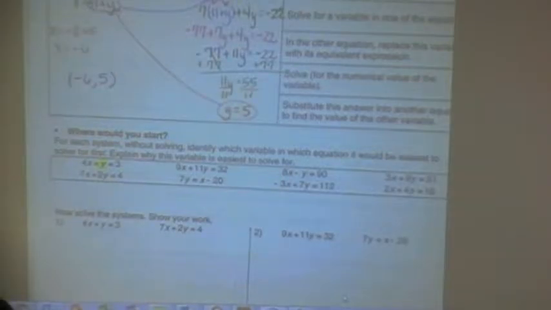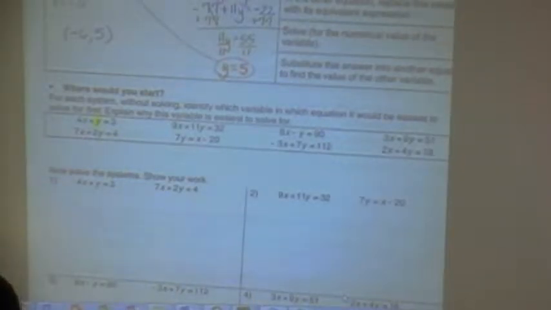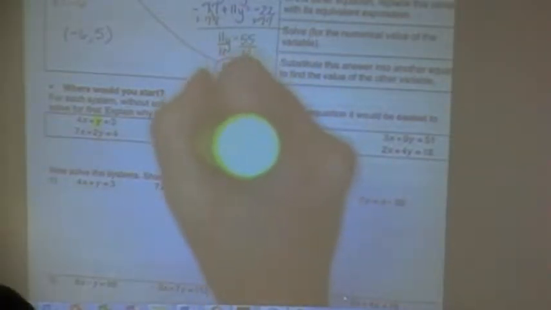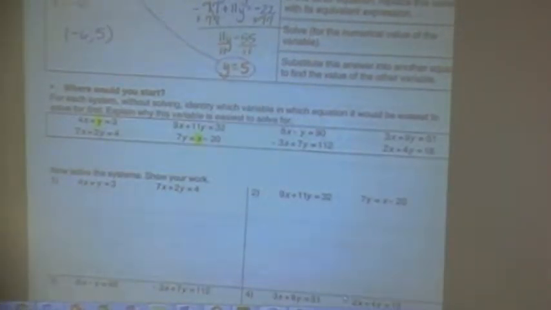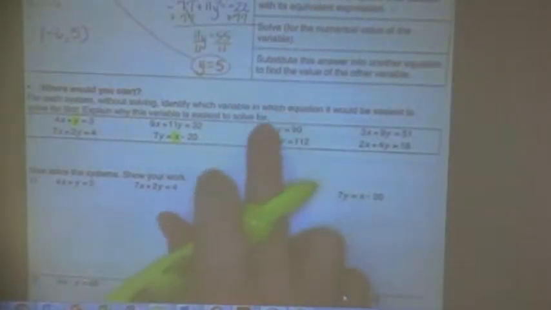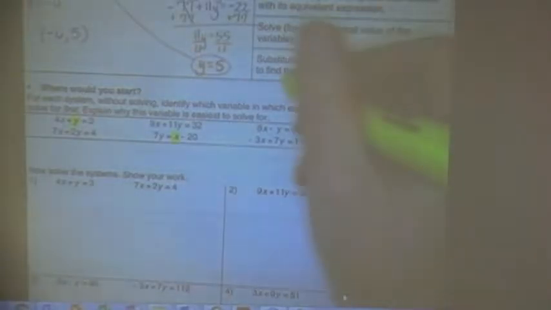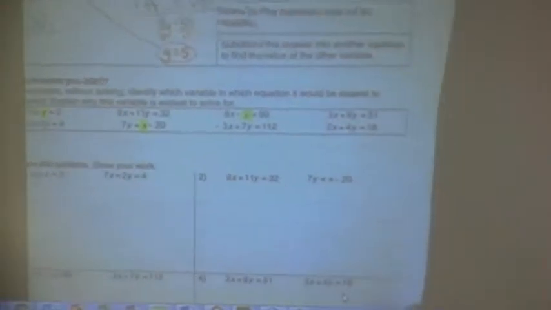So looking at the second set that they have right here, which equation and what variable? The bottom equation and what variable? The x. Because you can just move that 20 and you're good. So in the third set, what equation, what variable? Top. The y. Now the last set,